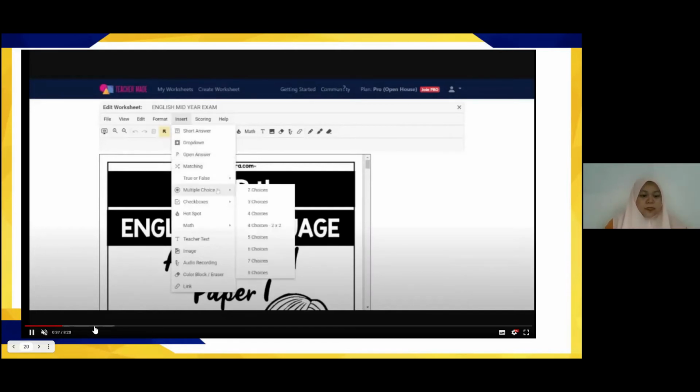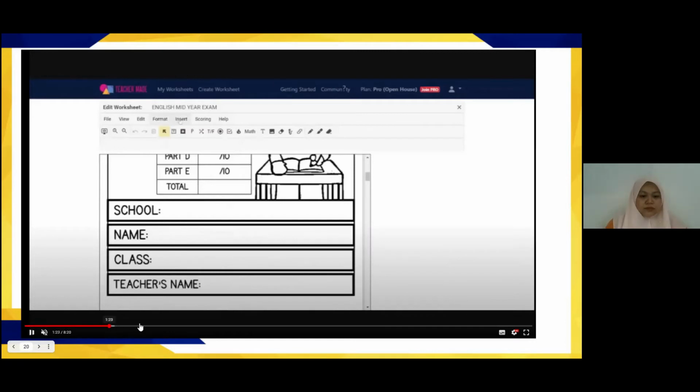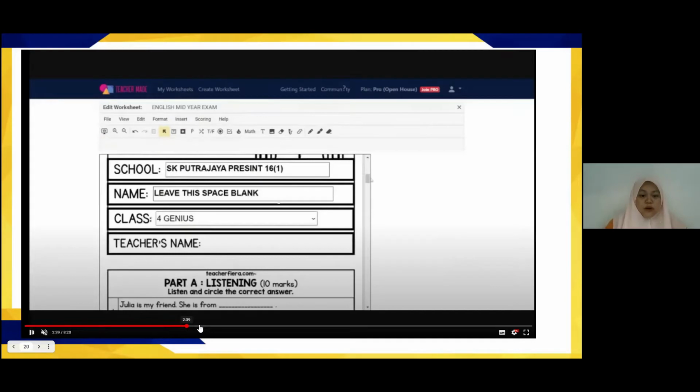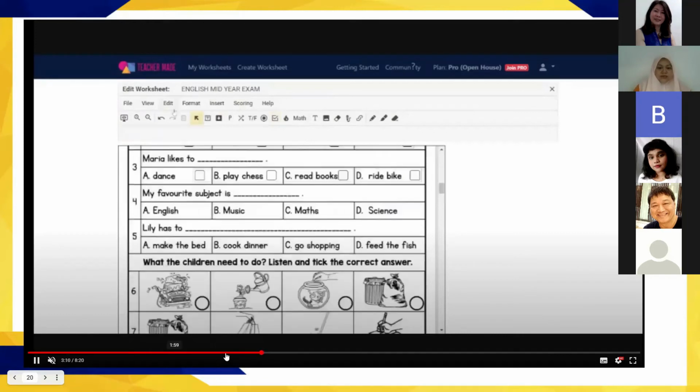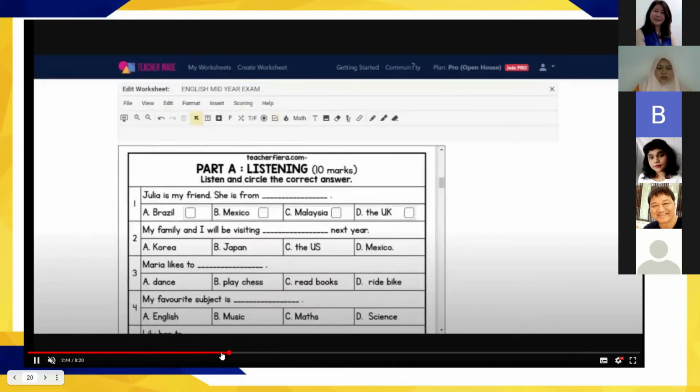All right. Now I'm going to be showing you how easy it is actually. All right. Fast forward a little bit. All right, this is me using the checkbox function. Okay. So you just simply click on checkbox, you click on transparent, okay, and then how you set the answers